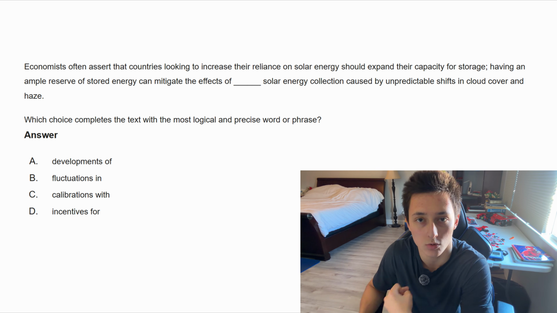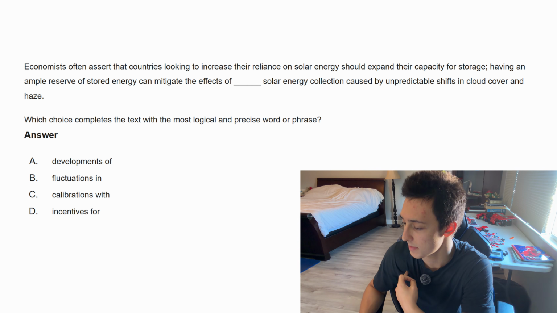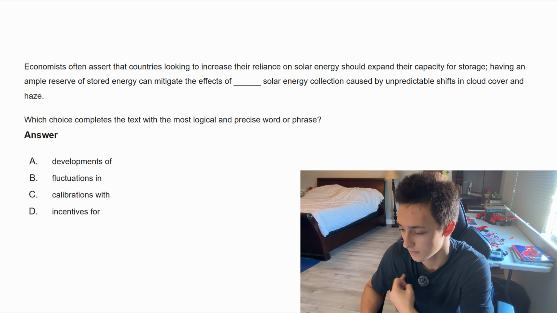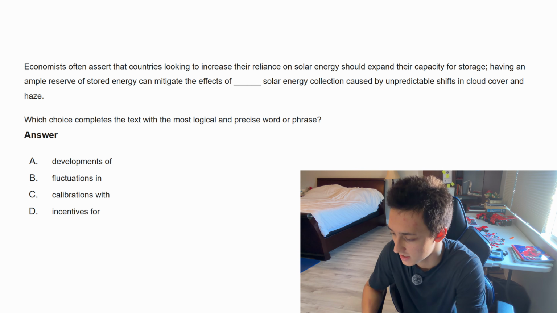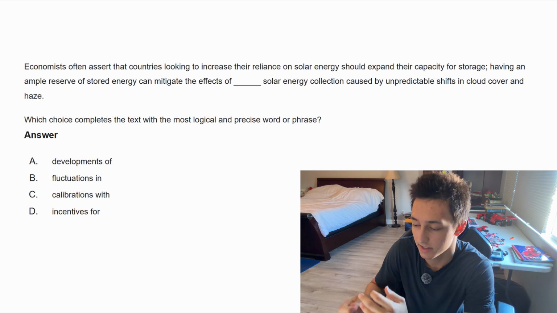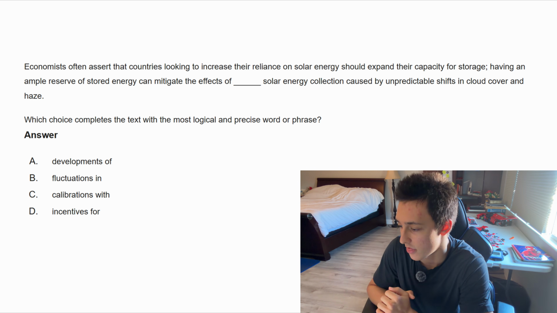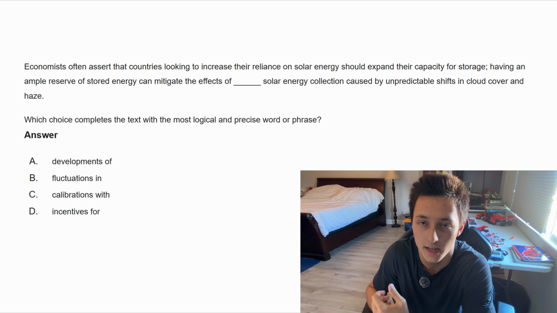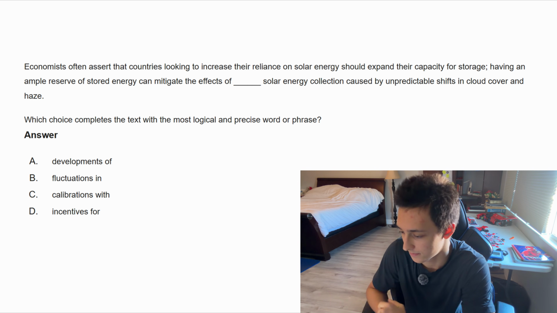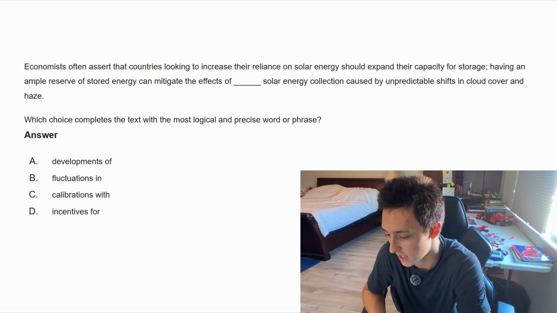So my solution would literally be unpredictable shifts, mitigating the effects of shifts in solar energy collection caused by these shifts in cloud cover and haze. Another word I could use is suboptimal, right? Like things that you need to account for that might not always be happening. That's what I'm thinking. And so when we look at the answer choices, we see